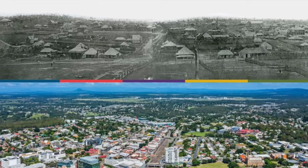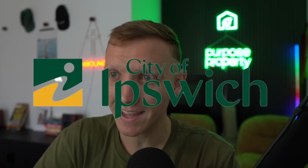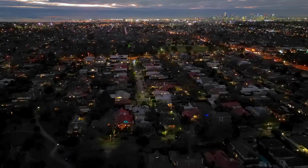In this video, we're going to be breaking down Greater Brisbane's most affordable council, which is known as Ipswich City Council. We're going to be going on a suburb by suburb basis. I'm going to be taking you through a map view of the entire City Council of Ipswich, as well as